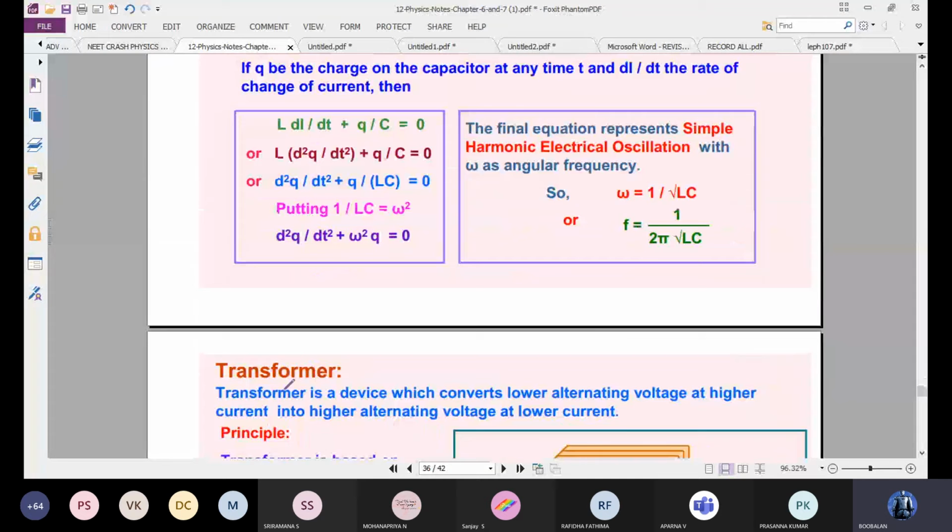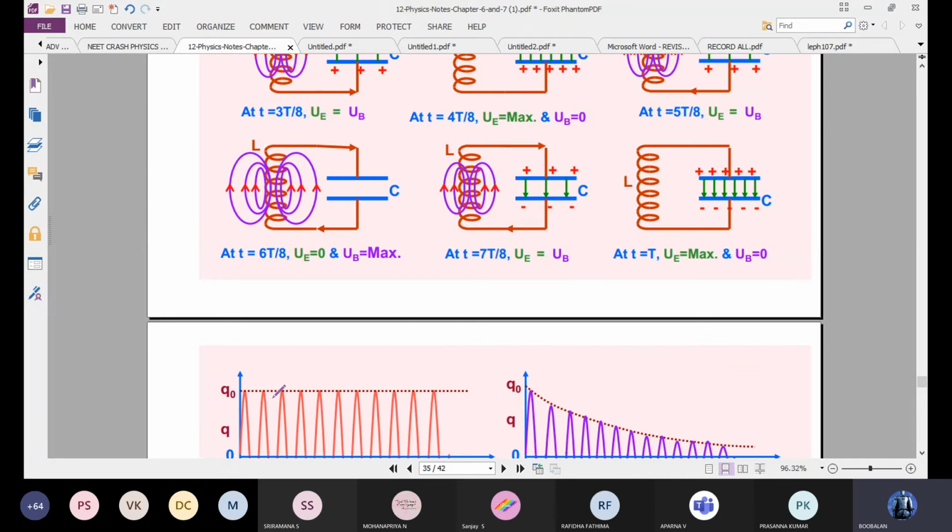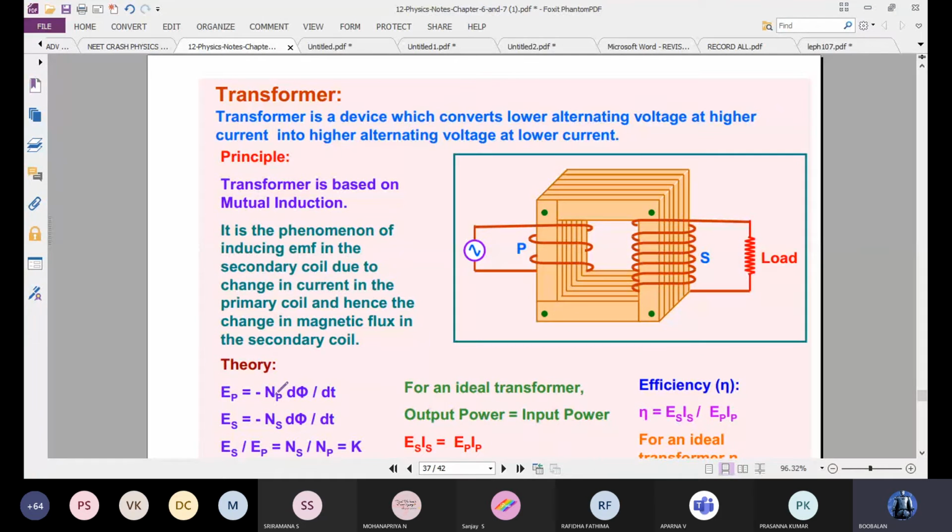Okay. So LCR is a very important topic. Now we will discuss one more class, LCR and LC oscillation. So now we discuss one small topic, that is the transformer. Transformer is a device. It converts lower alternating voltage to higher, or higher to lower. So low to high, high to low, for this purpose we are using the transformer. So what is the basic principle of the transformer? It is mutual inductance. There are two coils, primary coil and secondary coil. In the primary we apply the AC source, and based on mutual inductance you will get output in the secondary also.